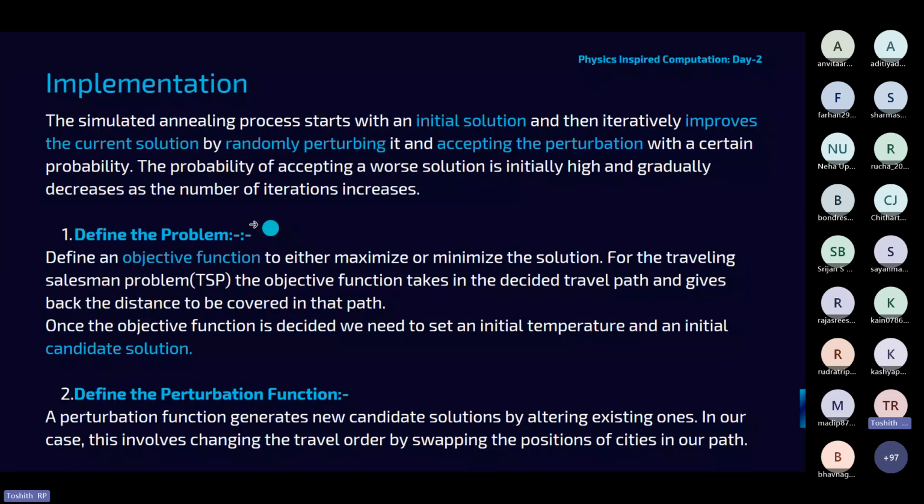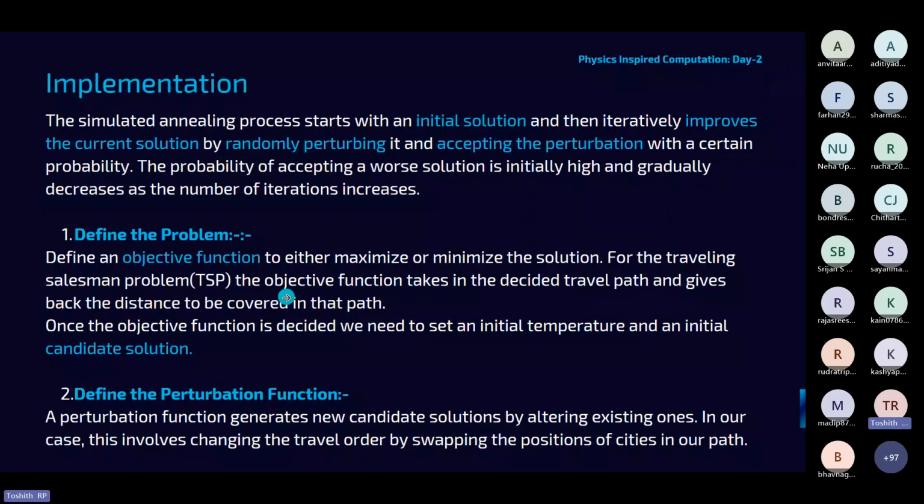We start off by defining the problem. This means we define an objective function to either maximize or minimize our solution. In our case, the objective function takes our touring path and gives out the touring distance, the travel distance that the delivery salesman has to take.